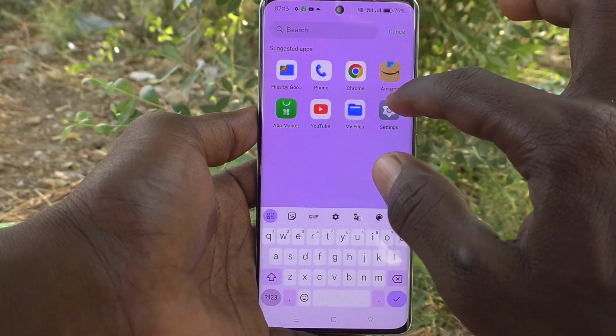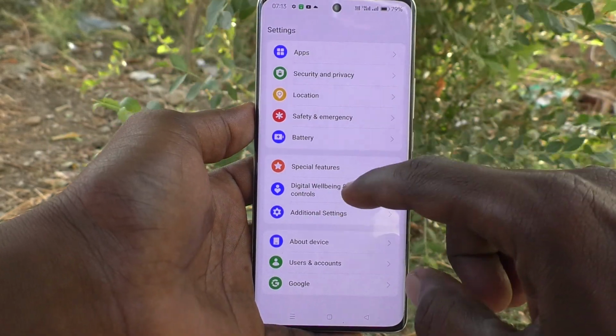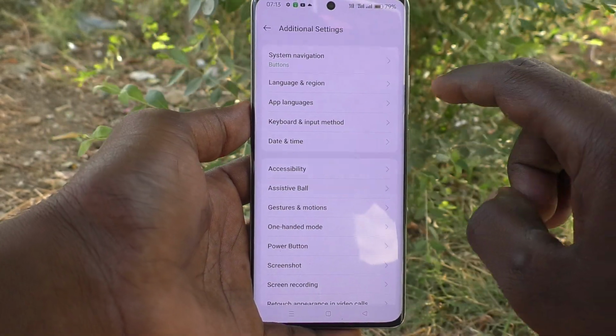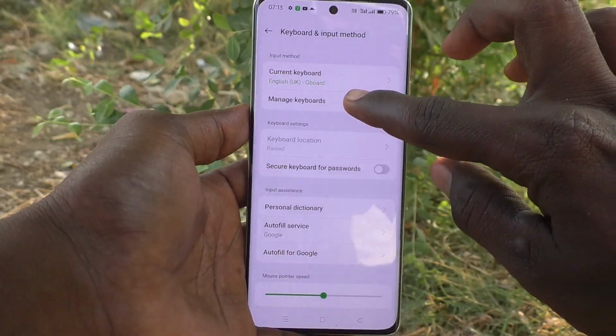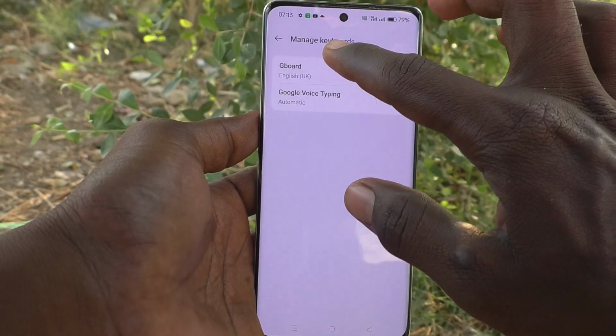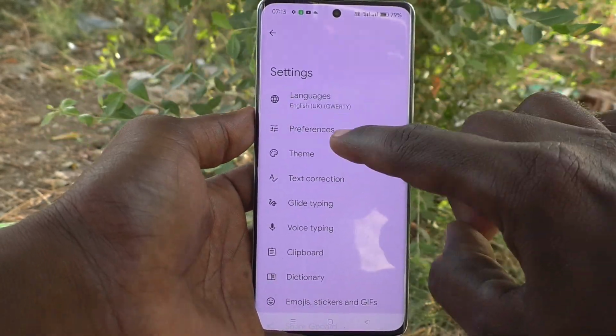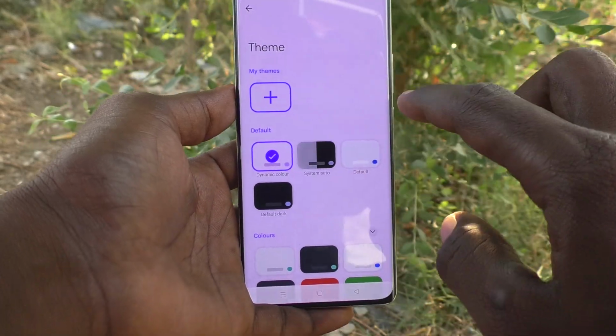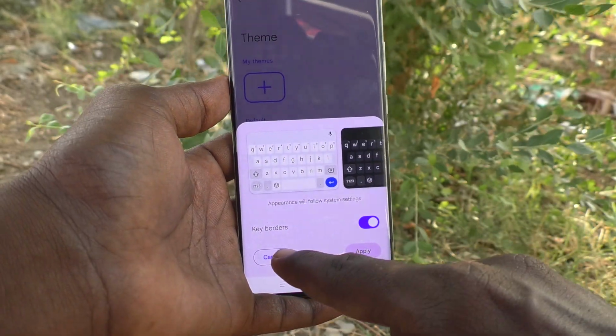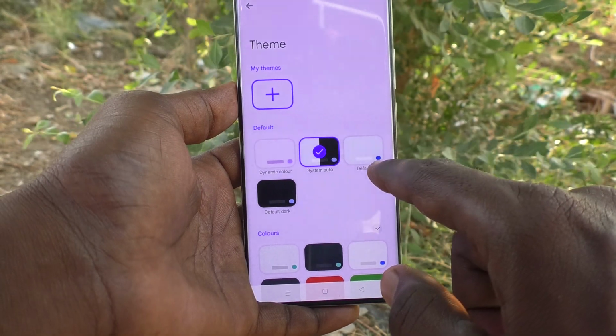What you have to do is go to the settings of your phone first, then go to additional settings, then go to keyboard and input method, and go to manage keyboards and click on Gboard. Now select theme, and here you can select other theme. Okay, this is other theme, and click on apply,